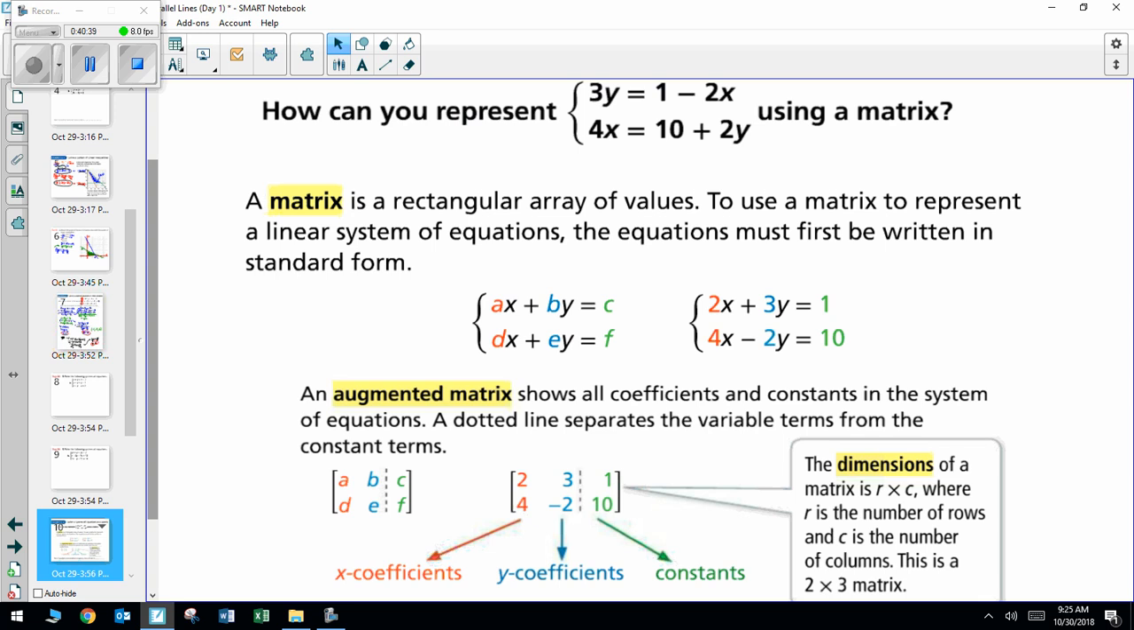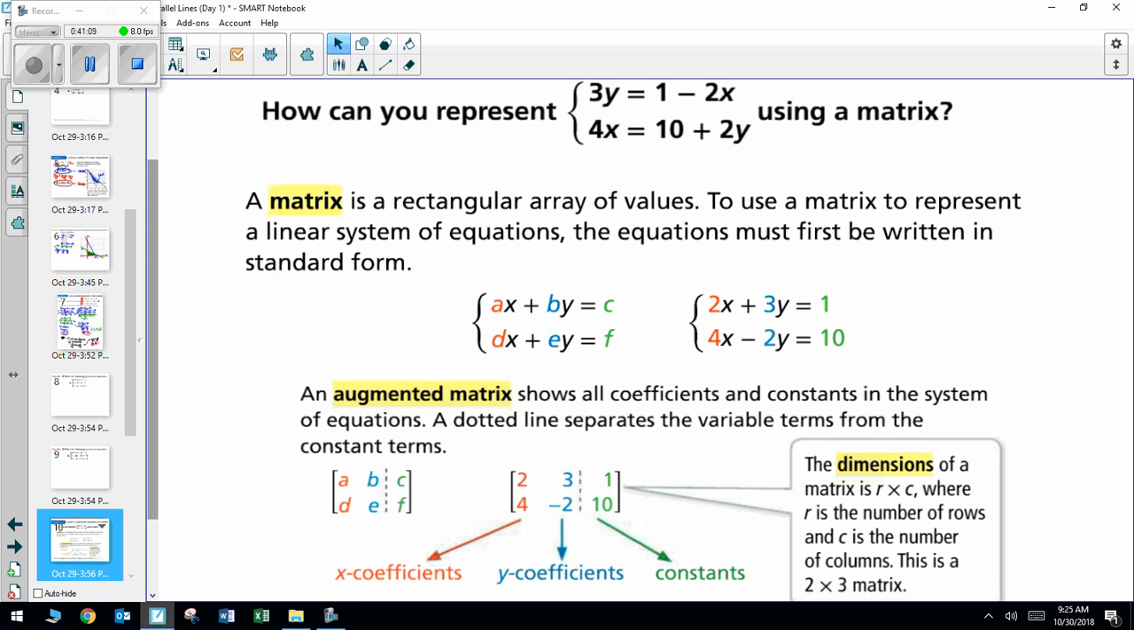And to write a matrix, they first have to be in standard form, meaning something times x plus something times y equals a constant. Okay, that's standard form. Once an equation is written in standard form, you write the matrix just by pulling the numbers in the equation. Right? So if I rewrote the given into standard form, it would be 2x plus 3y equals 1, and 4x minus 2y equals 10. To write that as a matrix,